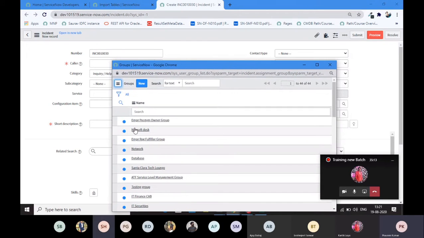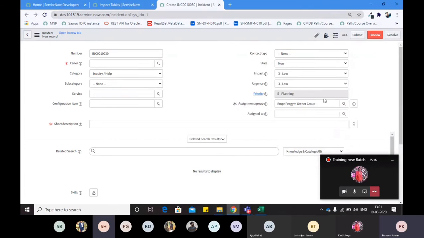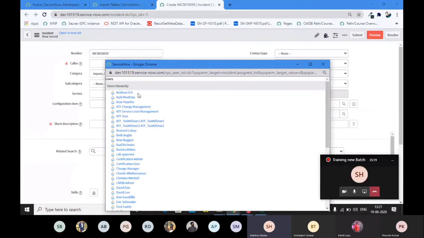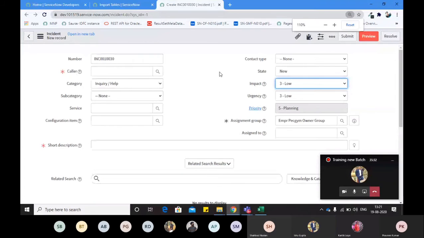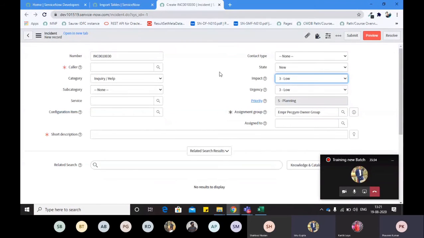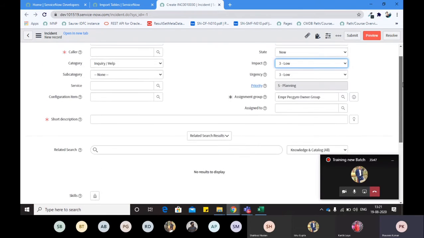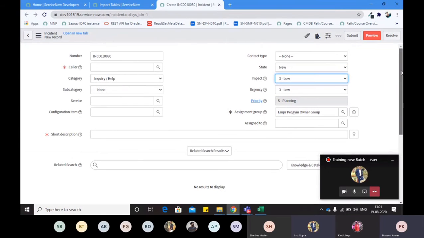Hi, Praveen. Can you increase the font size of your browser? I didn't get you. Can you increase the font size of the browser? Actually, Shabaz, do it in full screen, then you can easily see. You can also go into full screen mode in your Teams. Well, I have increased the size, I have zoomed in my browser. Okay, no, Praveen, there is no need of zoom.